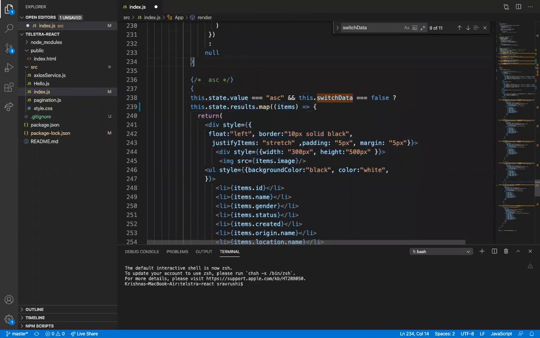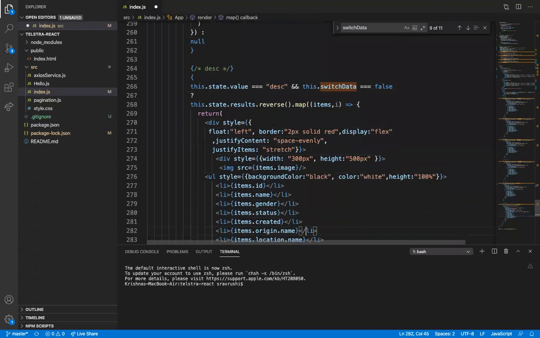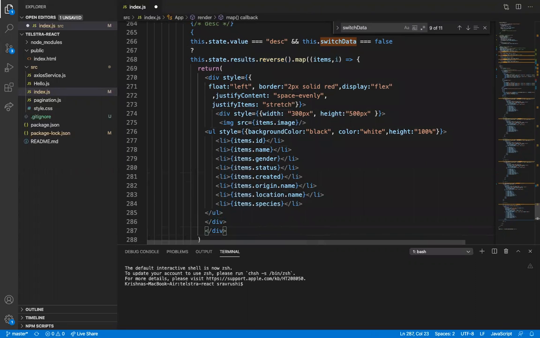For the descending, I am going to reverse the total object. So the object will be reversed, and it will be displayed from 20 to 1, according to this condition.